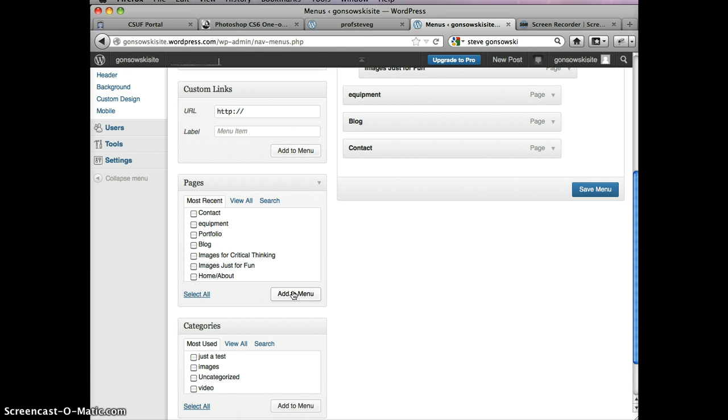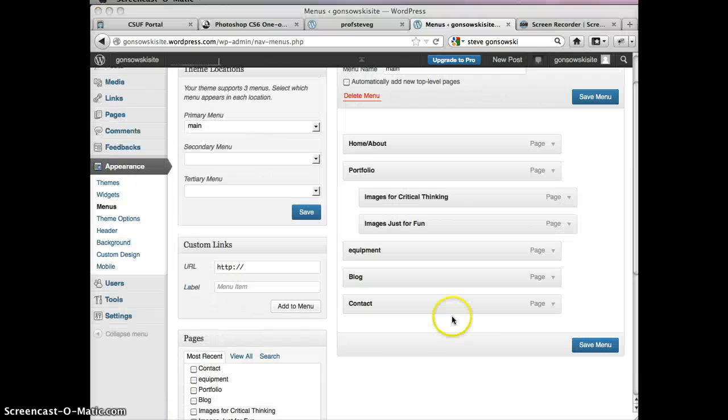All that should show up over on the right side, and then it's just a matter of sliding up or down and clicking to save the menu. And when we look at the page, that new item should be